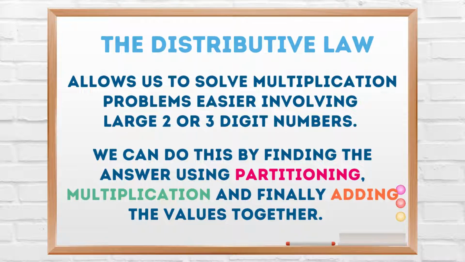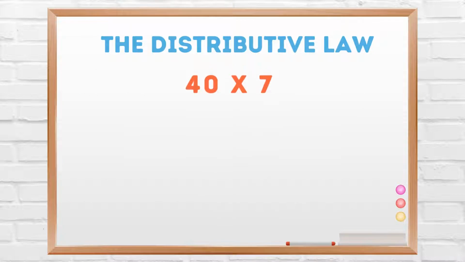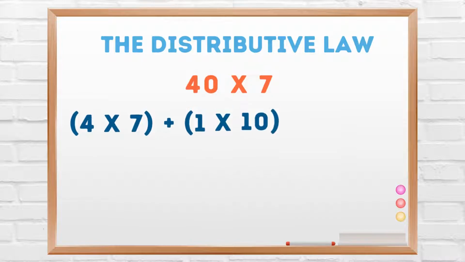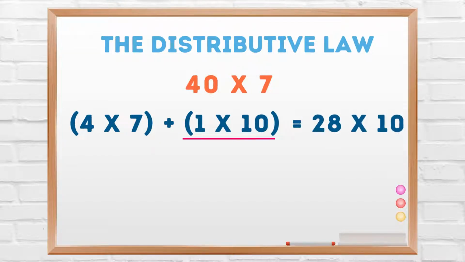For example, we can use the distributive law to solve 40 times 7. We know that 40 times 7 is the same as 4 times 7 plus 1 times 10. As you can see, we have distributed or split the 40 into 2 units, 4 and 10. Now all we need to do is multiply 4 times 7, which equals 28, and then multiply this by 10,